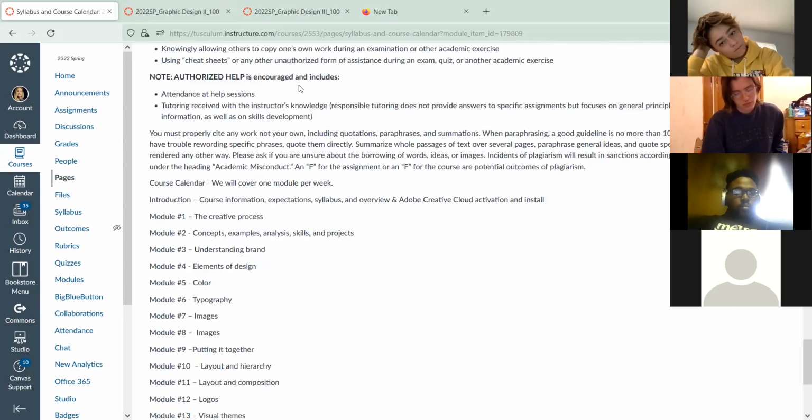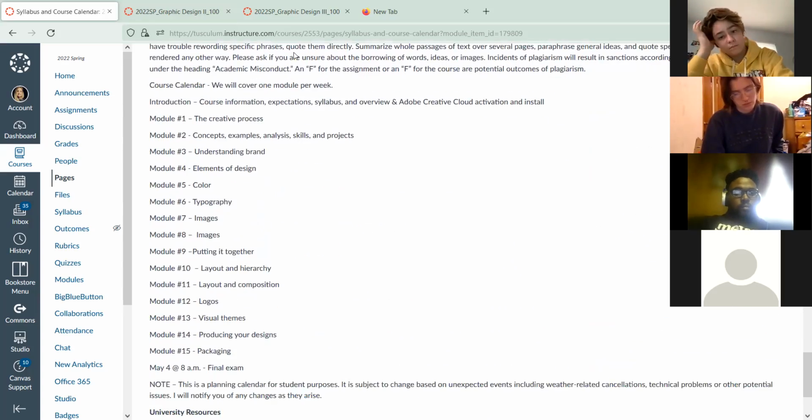Course calendar. I've tried to equate a module with a week. So you'll see that we have either 15 or 16 modules, okay? So you can assume when you see a module drop, that's for a week. And they'll have different topics depending on whether you're in 1, 2, or 3.